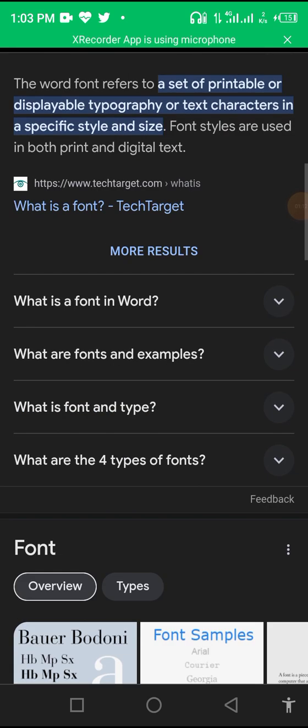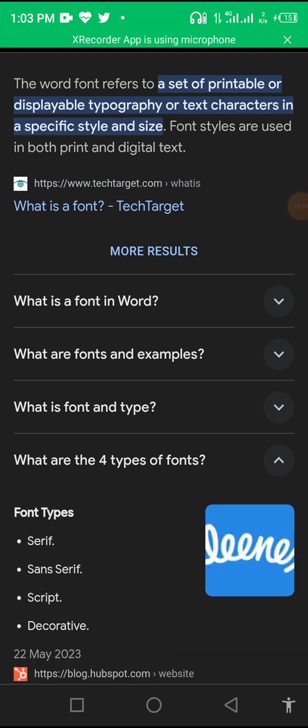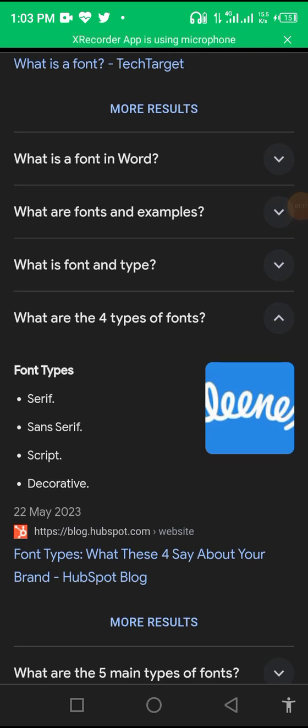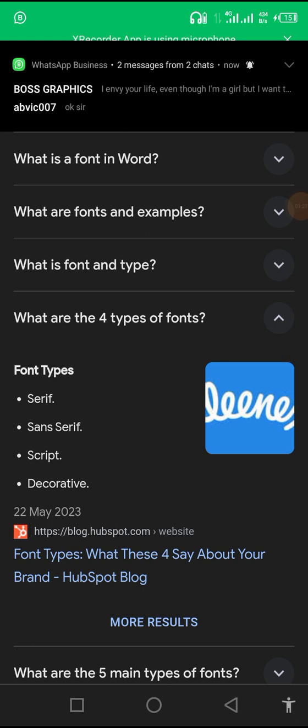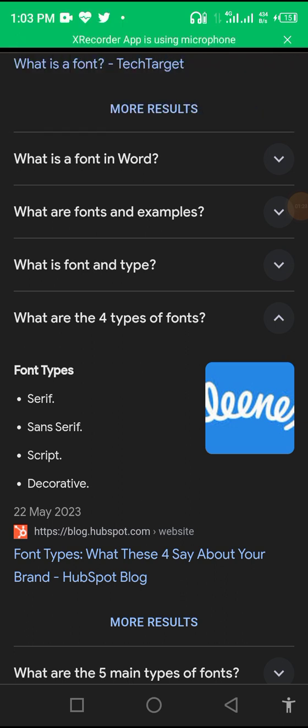But we have types of fonts. Let's check what are the types of fonts. We have serif, we have sans serif, we have script, and we have decorative, right? Okay, so serif is fonts that are a bit curly. Serif are fonts that are